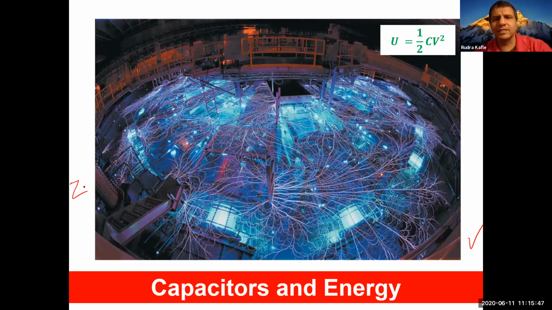The picture is from the textbook, so you can see it in the textbook. One important thing we are going to learn in this lecture is the energy stored in a capacitor. That is given by this equation. The energy stored is U equals half C V squared, where C is the capacitance and V is the potential difference across the capacitor. That's the formula. We will derive that formula, and we'll also apply that formula in solving some problems.